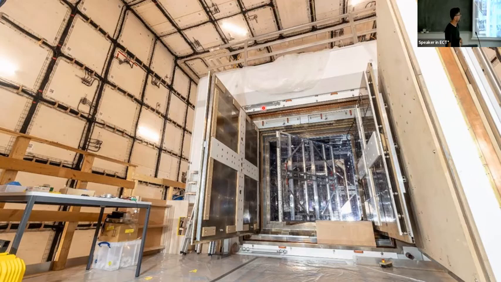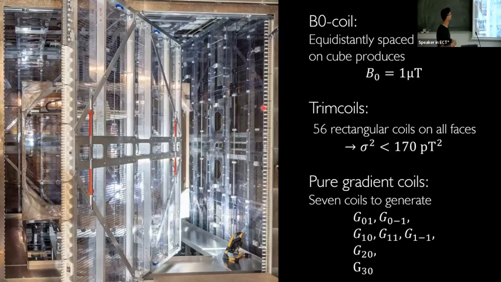Then you see here the now mounted inside coil system. So this is the door, and you see all these wires. And all these wires, they're equidistantly spaced. They produce essentially a solenoid field. And it's optimized up here with Lamé coil system, and plus the magnetic shield, it produces an extremely homogeneous magnetic